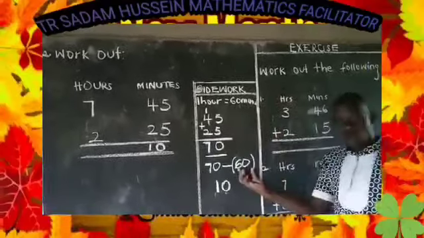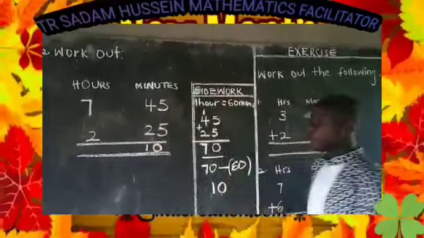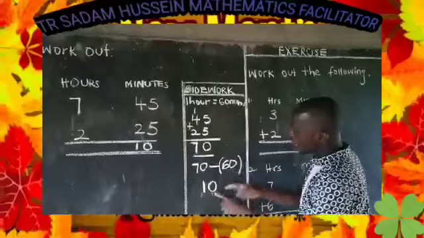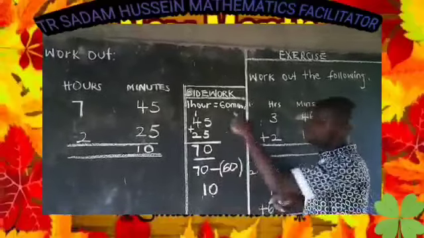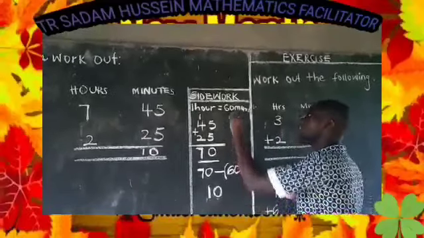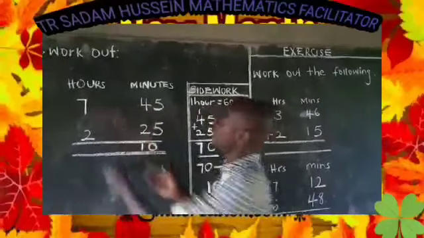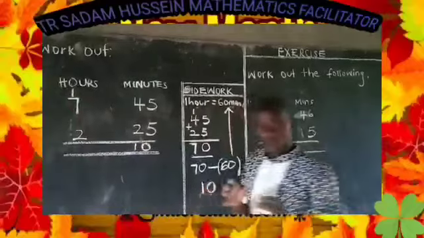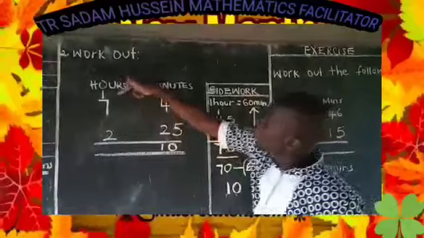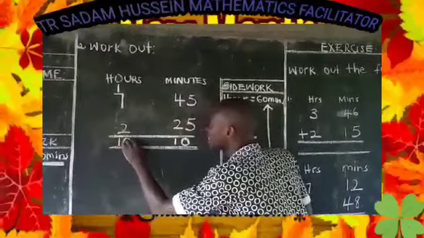Remember, you subtracted an hour. You removed it from the minutes. Where do you take it? You regroup it to hours. It has made an hour. This 45 plus 25 makes 1 hour and 10 minutes. The 1 hour is the 60 minutes. So this 60, you don't take it as 60 minutes there. No. That 60 minutes is the same as saying 1 hour. So you come to the left hand side and put 1. I think we are moving on well. So 1 plus 7 plus 2 gives us how many? 10. That is as simple as that.